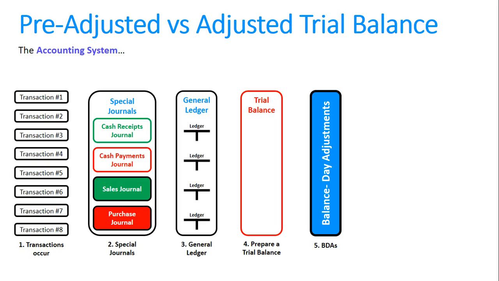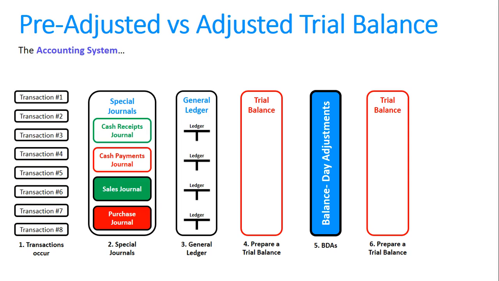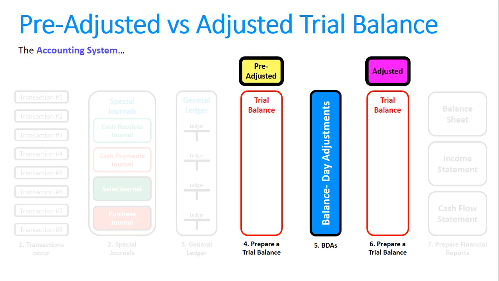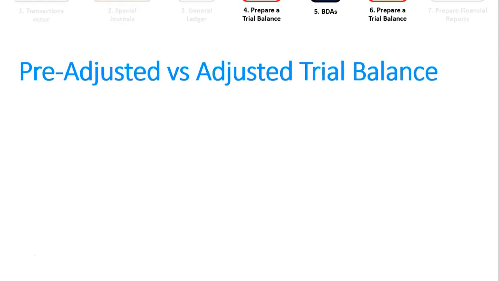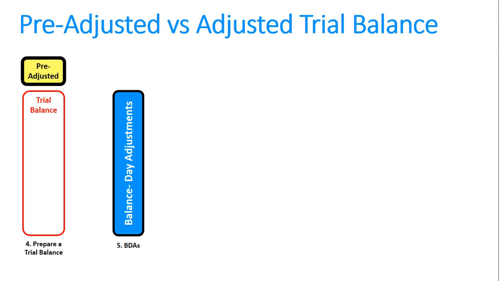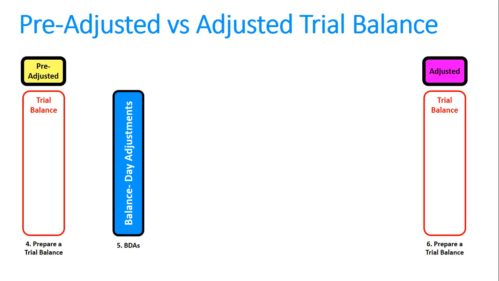We sometimes do balance day adjustments. Most businesses will do that. We do another trial balance, and then we do our three reports: the balance sheet, the income statement, and the cash flow statement. What we can see there though is there's two trial balances. We've got what's called a pre-adjusted and an adjusted trial balance. So what we're looking at here is we've got a pre-adjusted trial balance. Obviously something's happened with what we've called a balance day adjustment, and we're going to end up with an adjusted